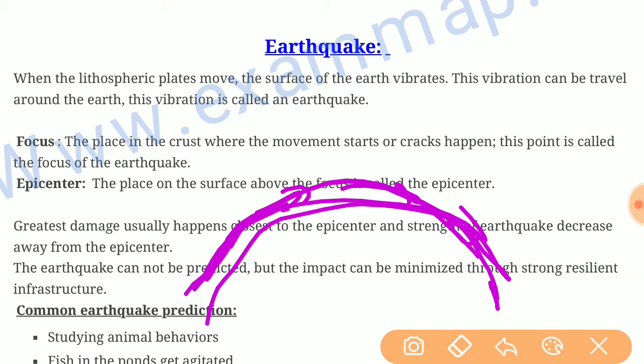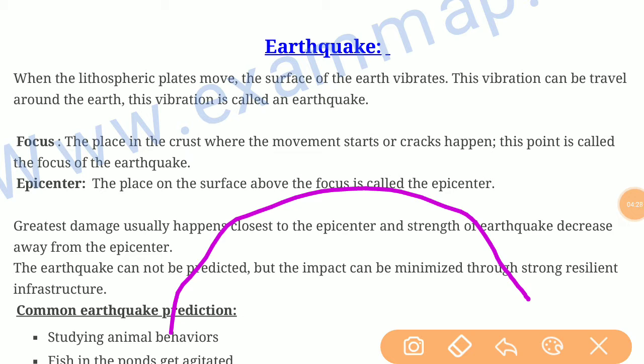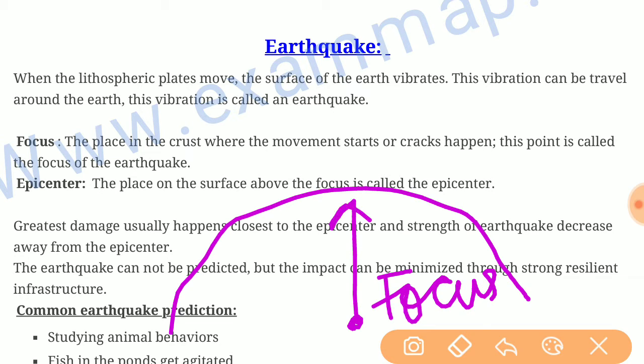In an earthquake, the place in the crust where the movement and cracks start is known as the focus, and the point on the surface above the focus is known as the epicenter.